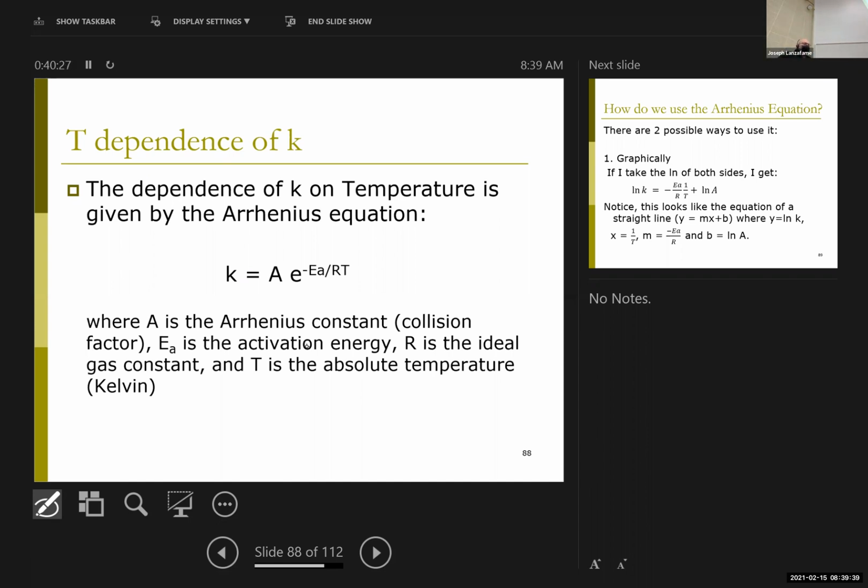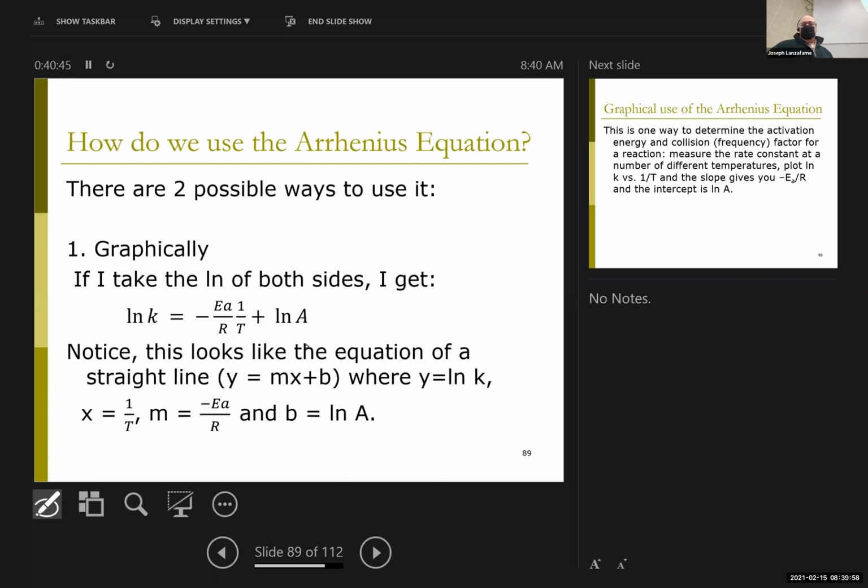As is frequently the case, there's multiple ways I could express this same relationship, right? This again is the more classic way that Arrhenius formulated it. Of course, experimentally, we're all about straight lines, right? I can actually reformulate that so it looks like a straight line. If I take the log of both sides and do a little algebra, I get